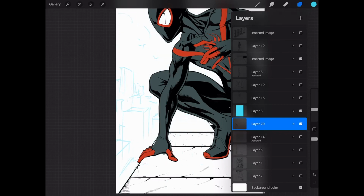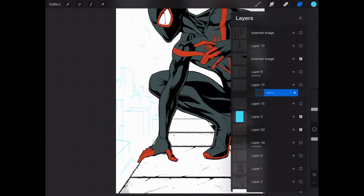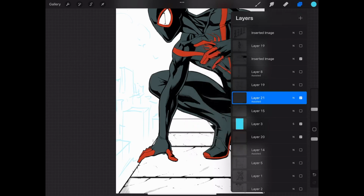Reason being is because if I just add a layer over top of this, actually over top of the blue, so I'm going to hold this. And I don't know why, but my gesture controls just switched on me. I don't know if it was an update or what. So I'm struggling with my gesture controls. Before I could hold with the Apple Pencil, now I have to hold with my finger. You have to hold for a couple seconds, then drag it up. So I'm going to go to Drawing Assist. And since